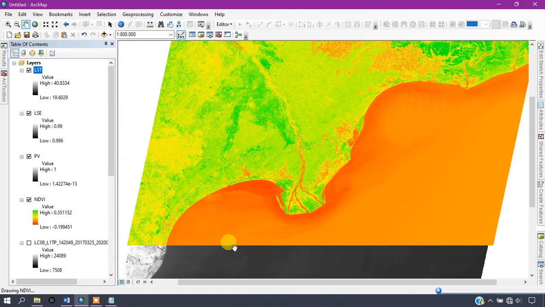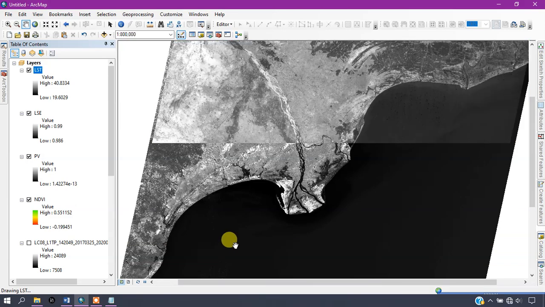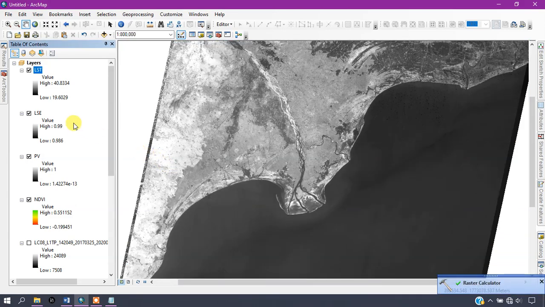So the result is out. We have got the LST, and you can see here the maximum is around 40.83 degrees Celsius and the minimum is 19.60 degrees Celsius. So just select it and go to the option properties in order to change the color.